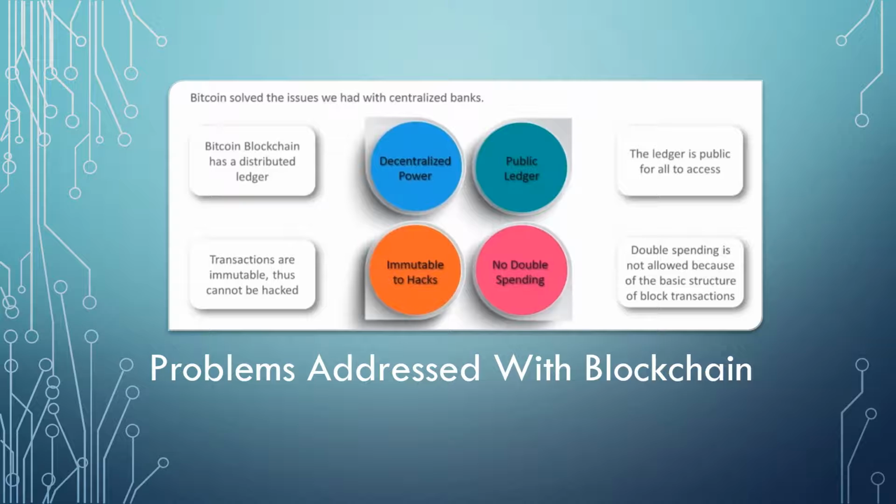But with the public ledger, every user gets a copy of the entire blockchain as soon as the person signs up to become a member of the blockchain system. So you get a list of all the transactions from the start. Let's say a bank operates on a blockchain network, so you will have details of every transaction, where your money is being kept, where it is invested, all the details. So it makes the system transparent.